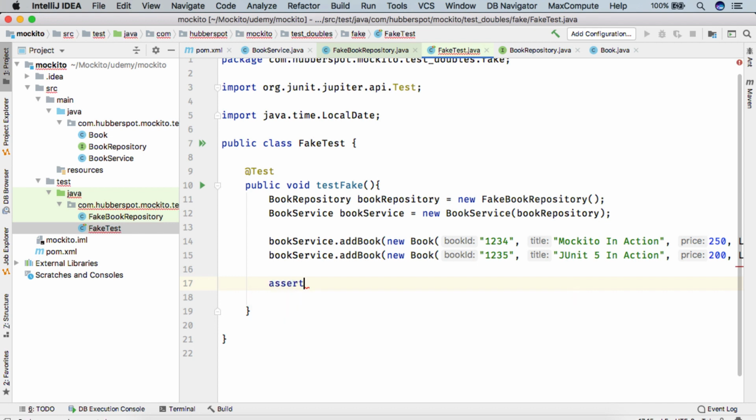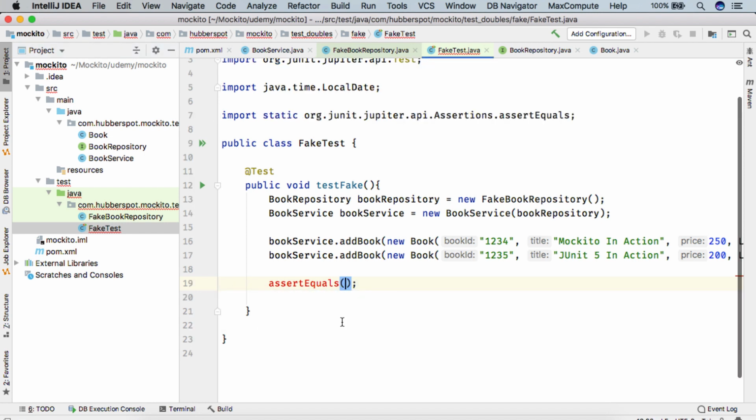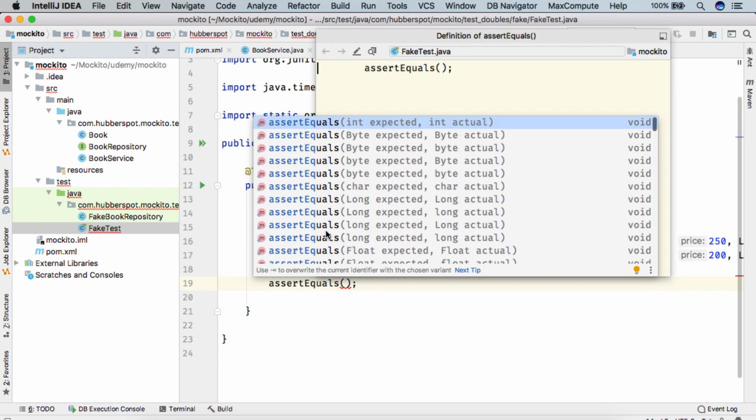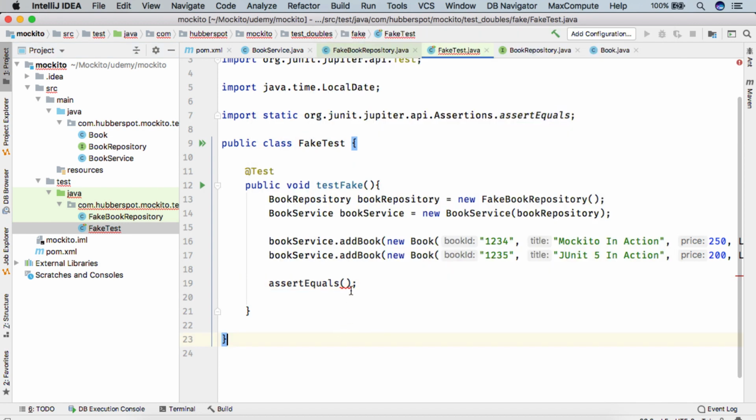So we'll simply do assertEquals. We'll import assertEquals from the Assertions class. This is a static method. Here you can see that assertEquals takes an expected value and an actual value.